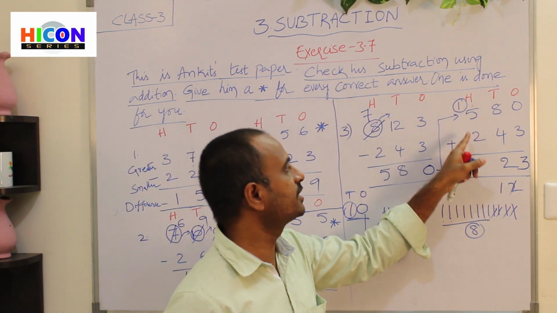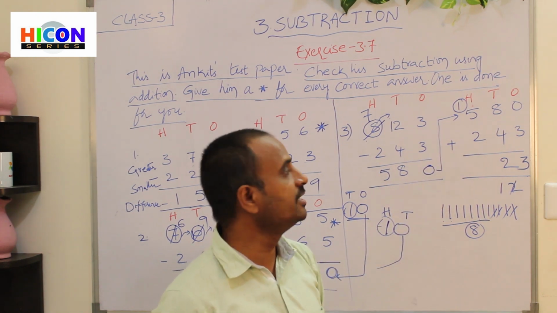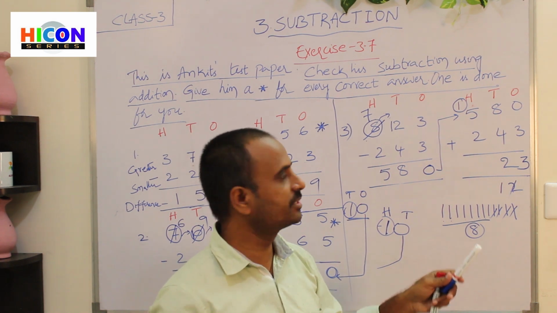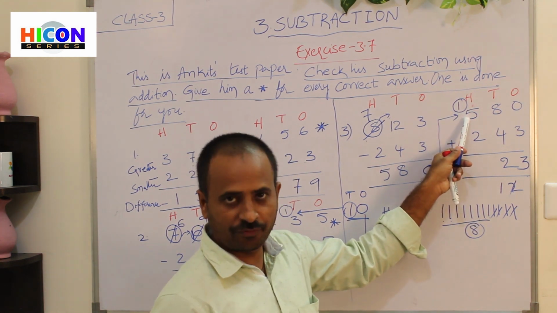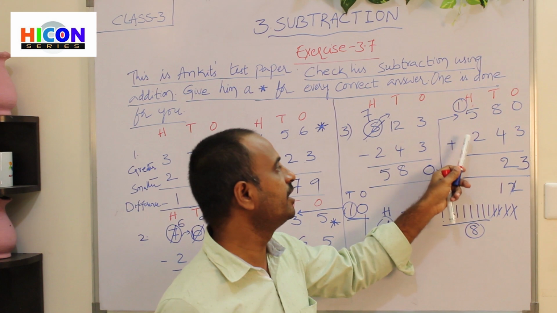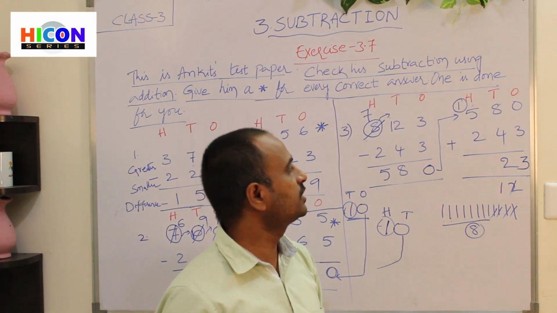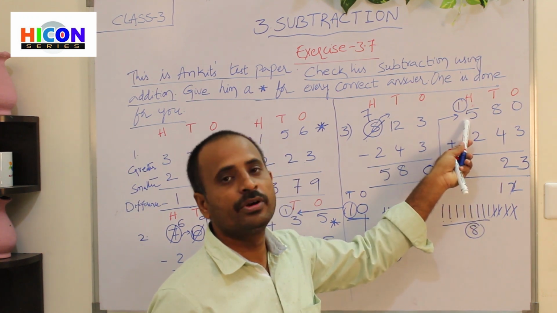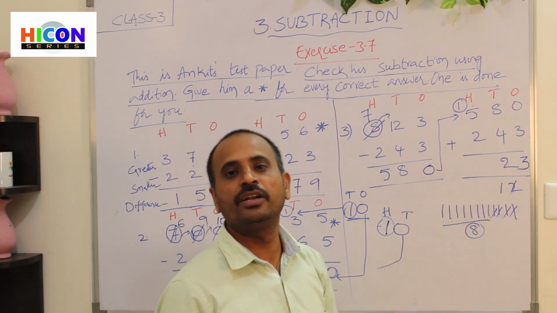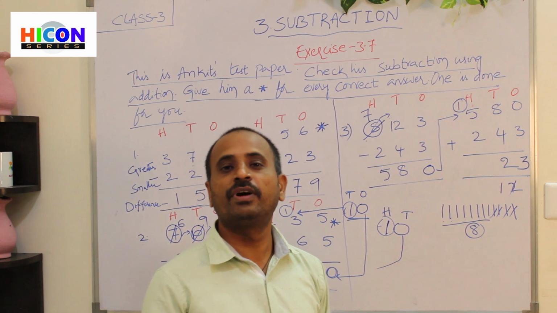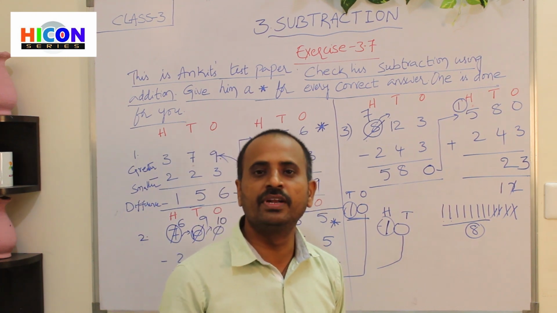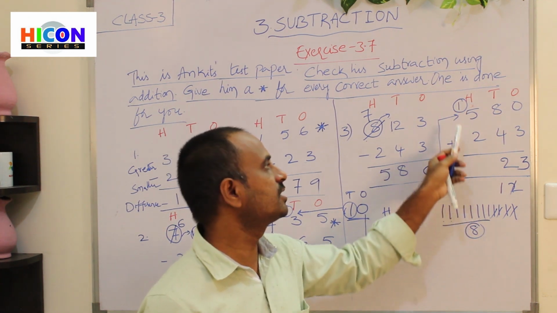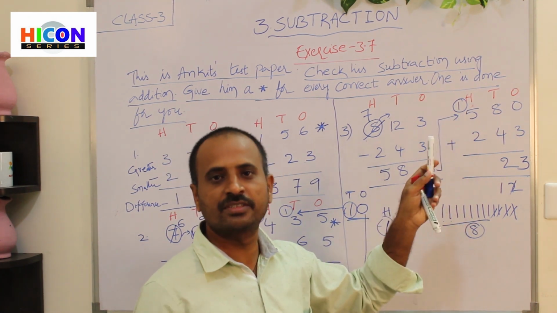Now there are 3 digits under hundreds place. What are the 3 digits? 1, 5 and 2. So first add 2 digits. That is, first add 1 and 5 and the sum will be added to the third number. So first add 1 and 5. According to properties of addition, if 1 is added to any number, we will get its next number. What is the next number to 5? 6. So the sum of 1 and 5 is 6.